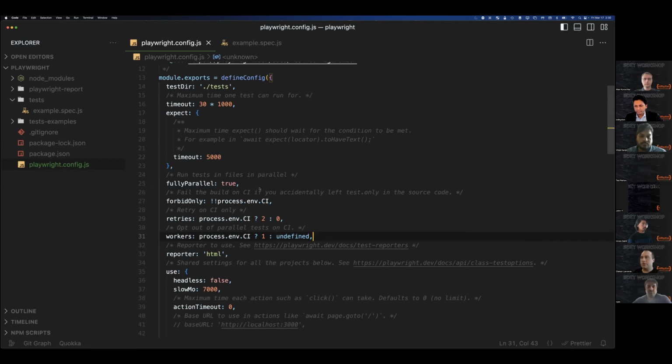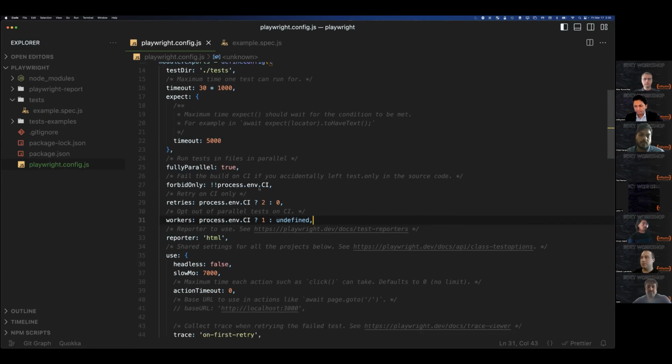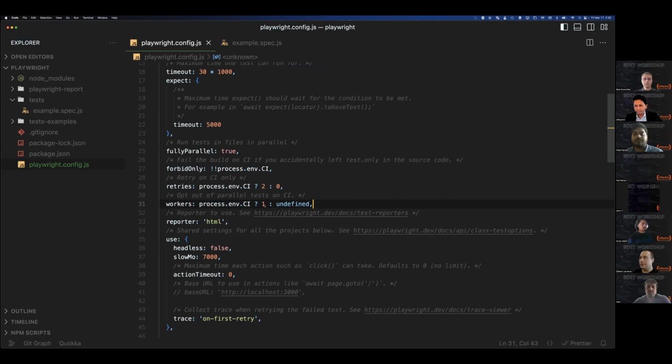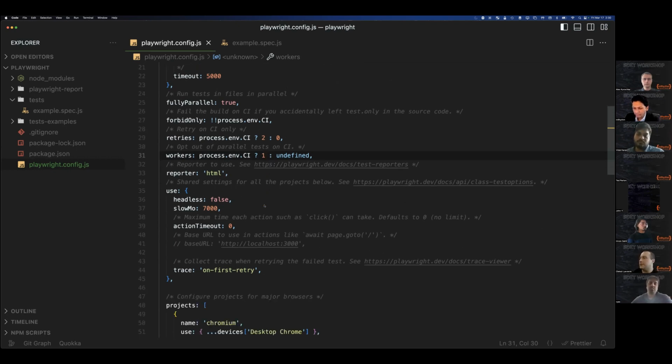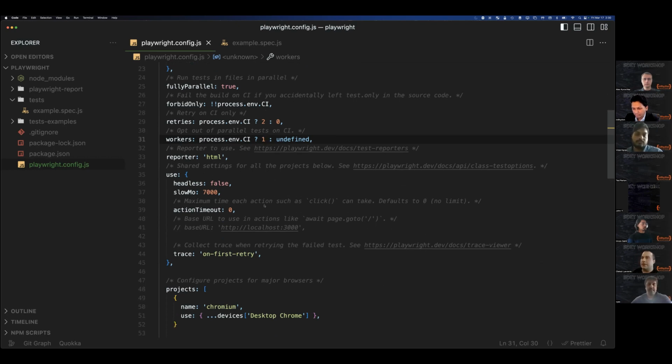Okay, the reporter is HTML. It's good. And headless mode. We need headless mode. Okay. Are we leaving the workers default to 1? Yeah, it's for CI/CD. It doesn't matter for us. Okay. Locally, it's undefined, and it's 6 different workers. Okay. Maybe you can comment out slow motion. We don't need slow motion. We need fast execution. Okay, headless is good.